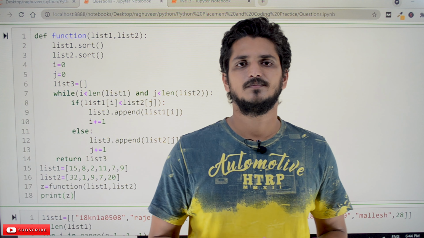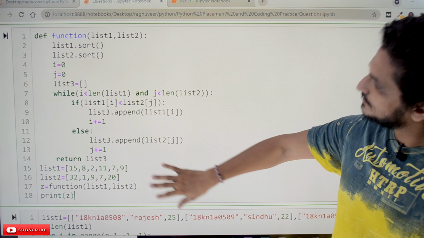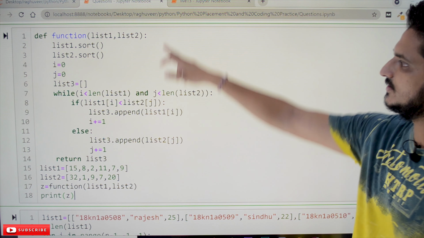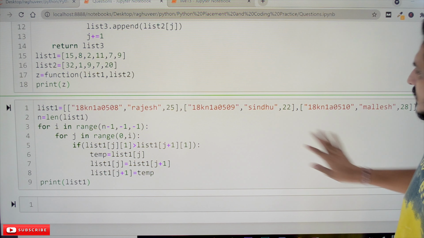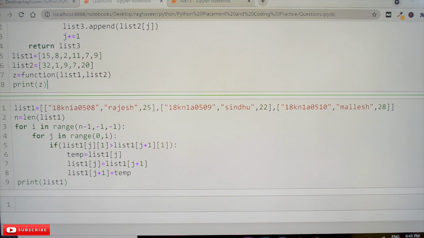So coming to today's class, the first question, this is the question it has given. You have to identify what is the output that this code is displaying. That is what you have to identify. This is our first question. So coming to the second question, this is our second question. Take the question. You have to identify what output it is going to display.